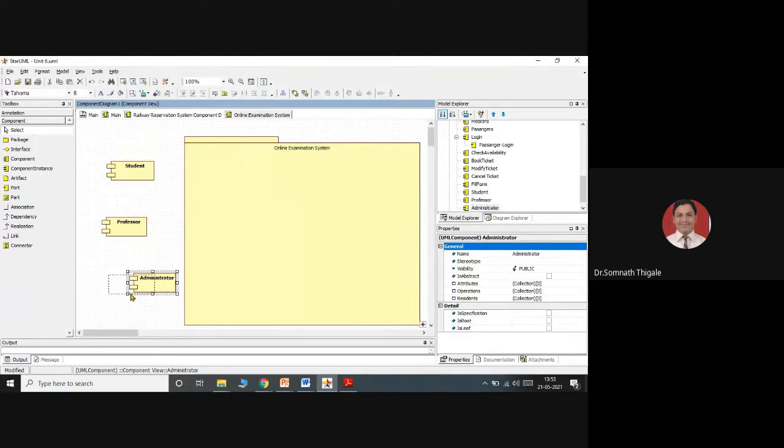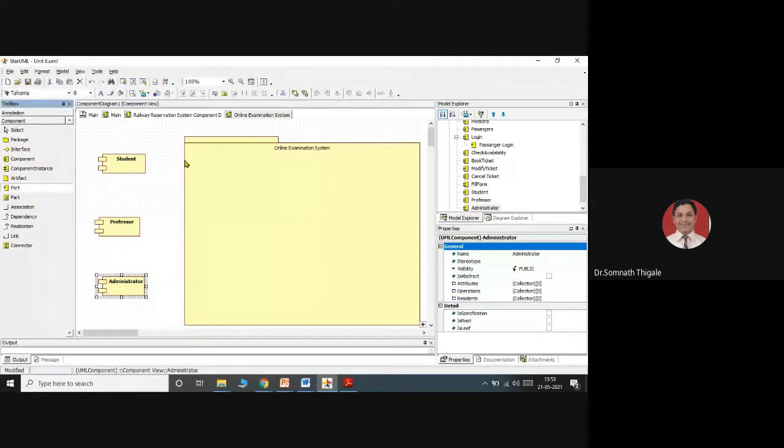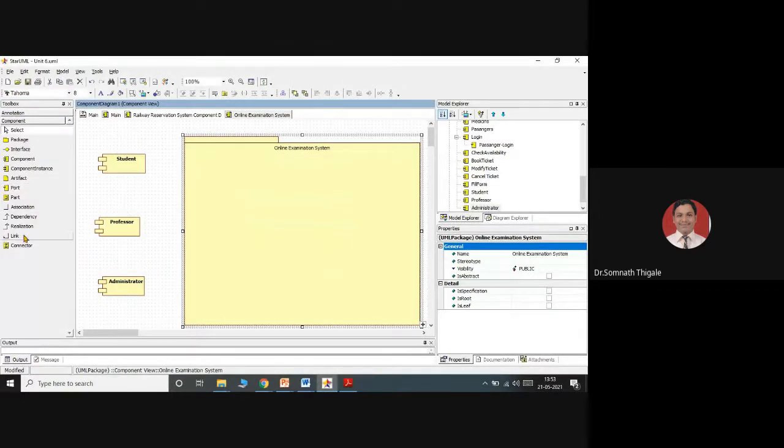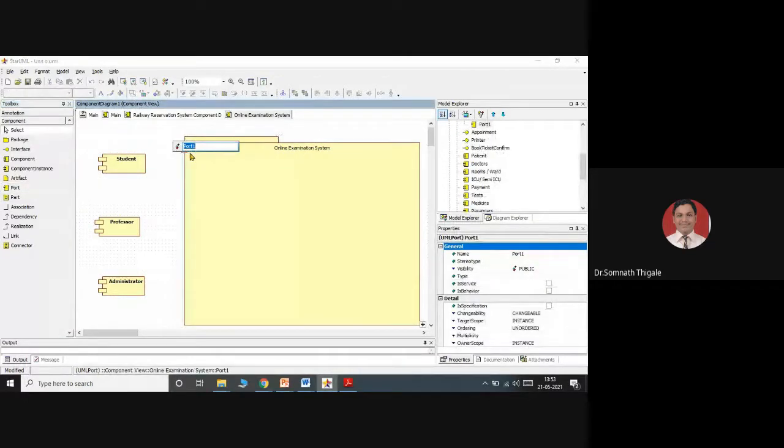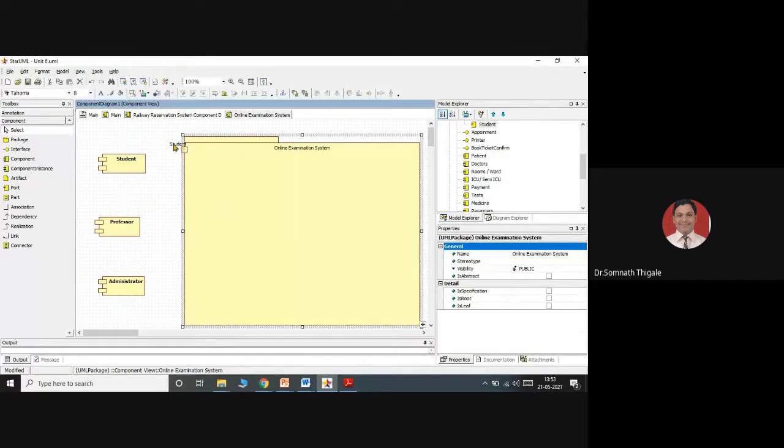So this basically will be able to interact with this. We'll have different ports over there, and that specific port will be open for the specific scenario only. So I'll consider this as a port. This will be the student port, meaning the student will have separate access. Some access will be only for the students, or some access will be only for the professor.